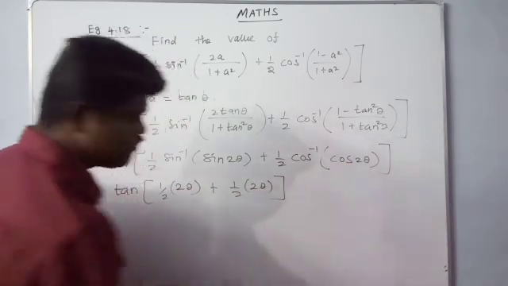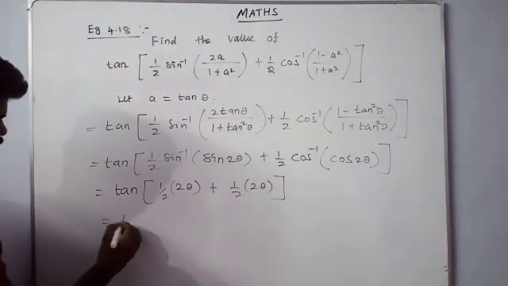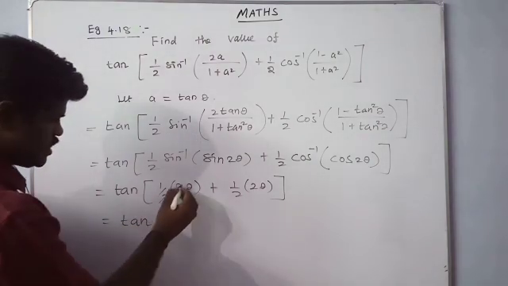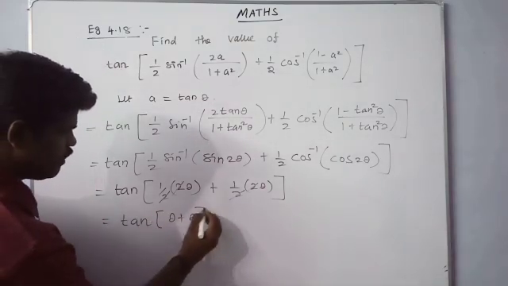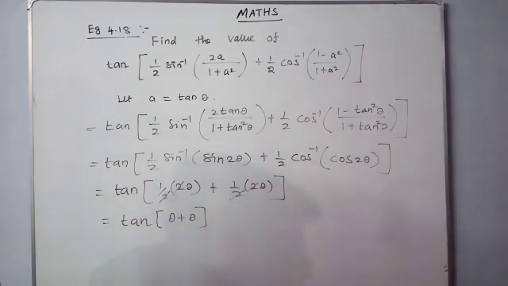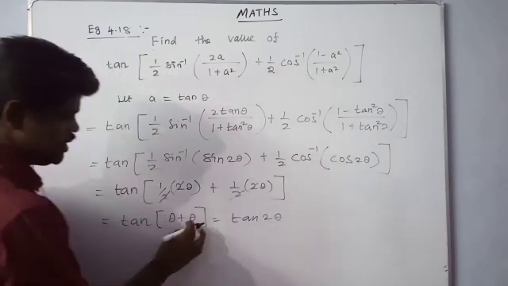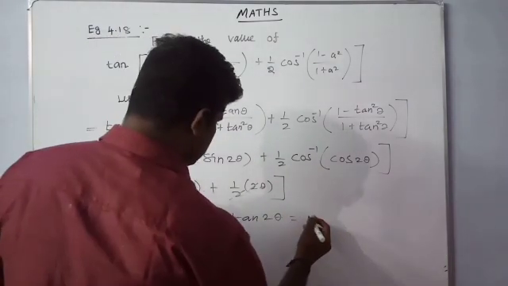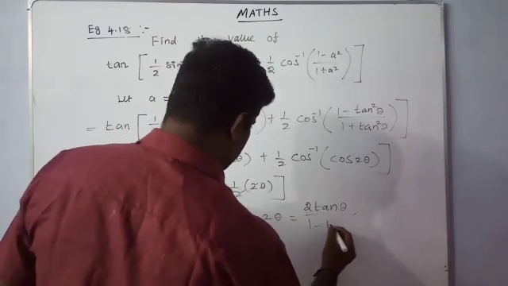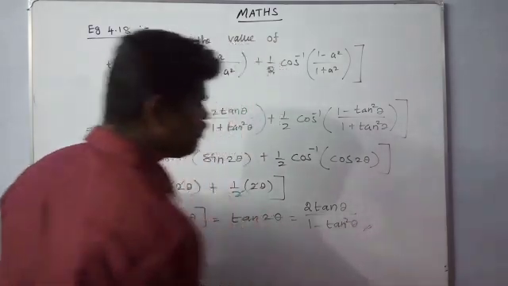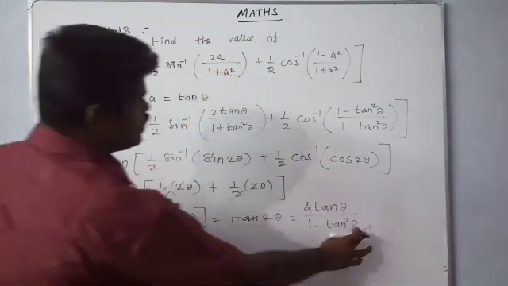We have the first property. 2 theta lies between the range of sin inverse x and cos inverse x. So tan, cancel these 2 and 2, and here 2 and 2 cancel. So theta plus theta. Tan of theta plus theta. Directly we can write, this is the formula, tan 2 theta formula. Add these two terms, tan 2 theta is equal to 2 tan theta divided by 1 minus tan squared theta here. And this is the theta value. And we want to find the A value.